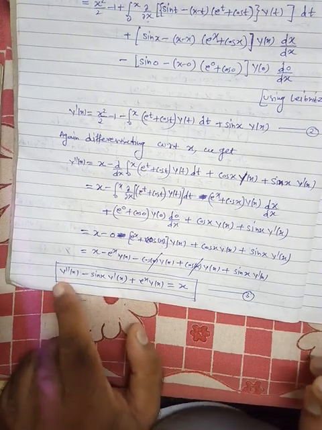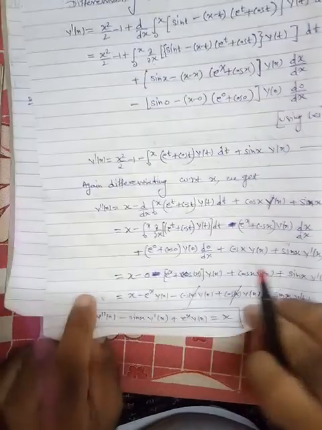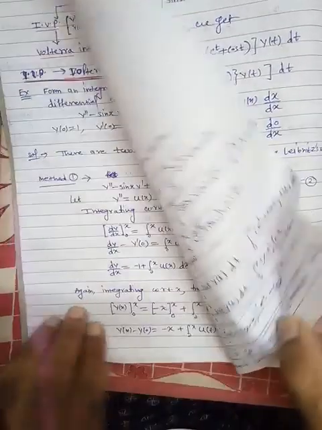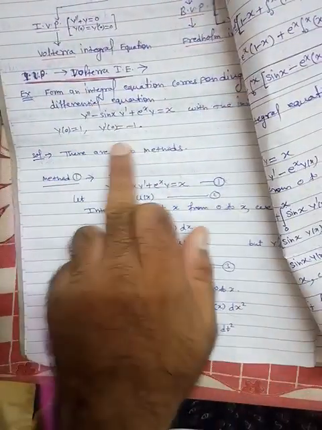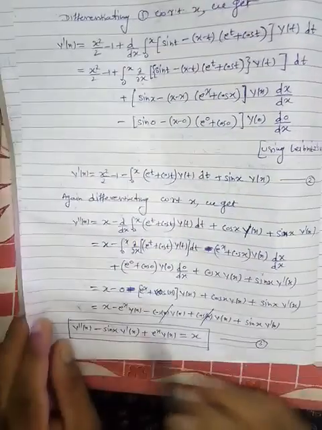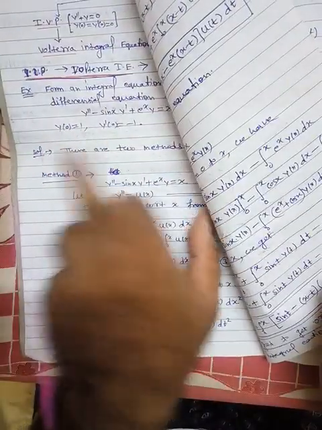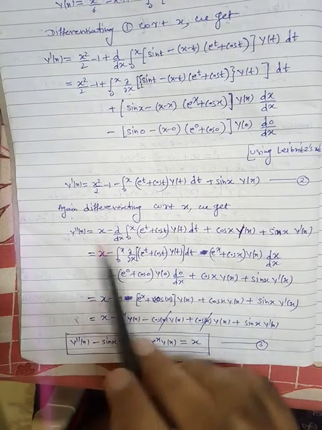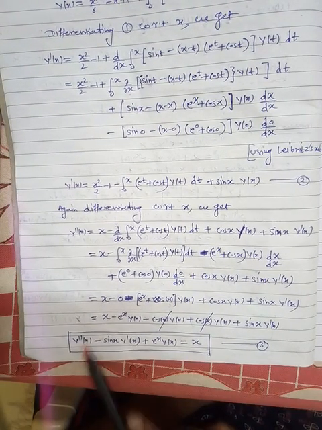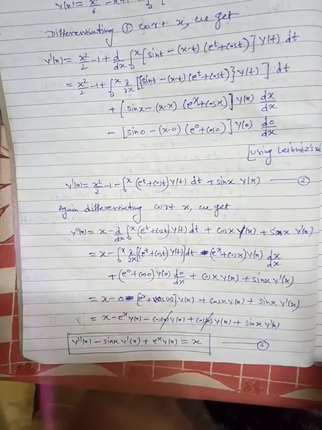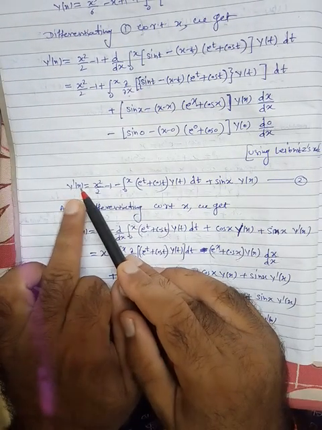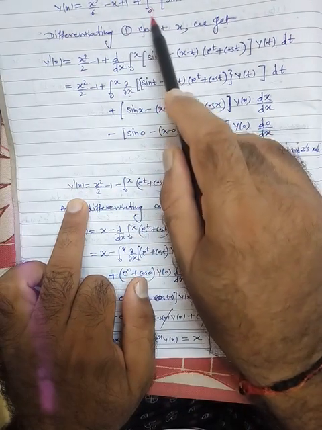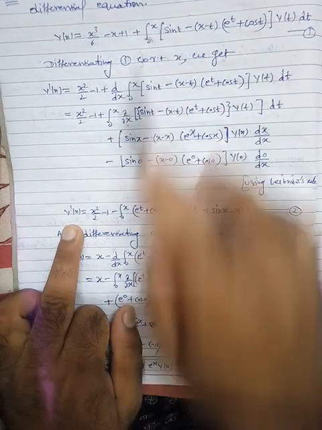Now we need to find out the boundary initial value conditions, because initially you will see here we are having two conditions more. This is the equation, so we get this equation, but still there is a need to find out these conditions. So what we will do, because this is the second order derivative, we will start with the first derivative. So here put y1(0), because initially the lower limit is 0, that's why put 0 here.